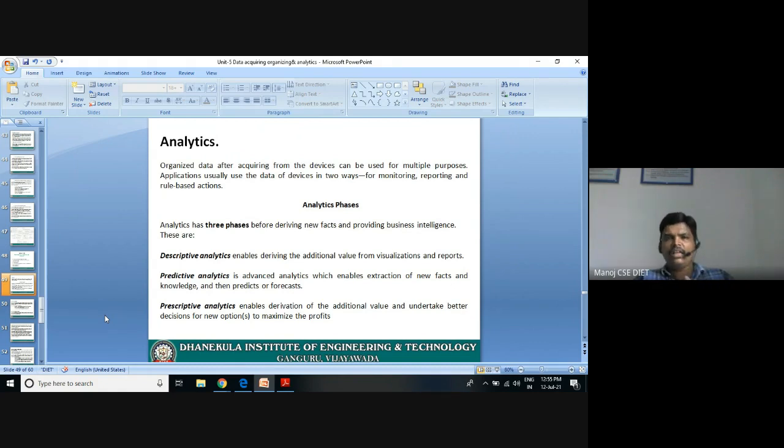Especially in IoT, grabbing or acquiring the data is not the only important task. We need to organize the data we acquired. We are acquiring the data from the devices, and we need to organize it. Am I right? So we can use it for multiple purposes. We can access the data for future services and future requirements. We can retrieve the data that was already acquired from the devices, from these sensors, whenever it is in an organized way.